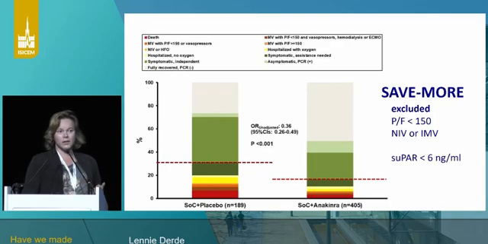I think the key thing here is they are different populations. In SAVE-MORE, you were excluded if you had a PF ratio of below 150, if you were on NIV, or if you were on IMV. So that excludes pretty much most ICU patients. Also, they required, obviously, a suPAR of higher than 6. If you didn't have that, you were excluded. That's not available in many hospitals, I think, at the bedside, but